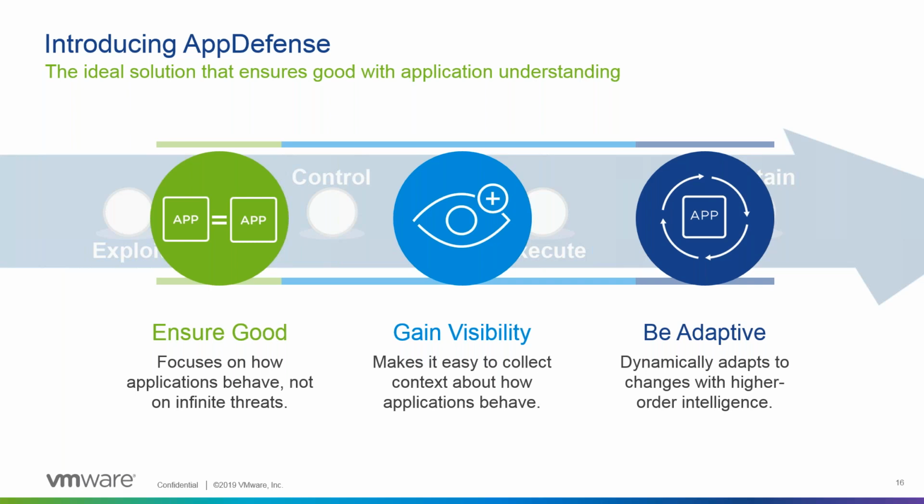The next point is around visibility and the visibility that AppDefense gives you. And this really comes back to our unique position being the hypervisor. And by the way, AppDefense runs inside the vSphere hypervisor. It's a separate product, but it is a module that runs in the vSphere hypervisor. And from this location, we have an incredible amount of context into how applications are behaving and working. Firstly, we see the applications at the start of their life being provisioned on the system, so we can see exactly what is being provisioned.